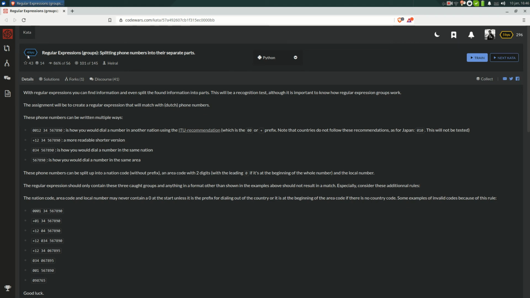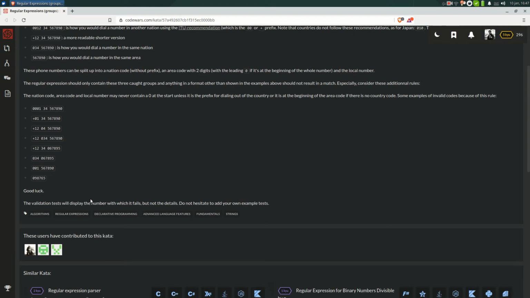Today we're here with a 4Q kata, you know? There's some hardcore stuff going on around here. We're getting out of our comfort zone. It's called regular expressions groups, splitting phone numbers into their separate parts. As you can see, there are regular expressions in the tags: algorithms, declarative programming, advanced language features, fundamentals, and